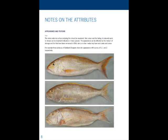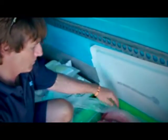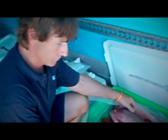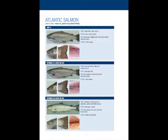QI is a method of assessing fish freshness that works out how many ice days have been used up in the supply chain, and hence how many ice days are still left available with that product. So when our fish are landed, we have dedicated staff that will go through and work out the quality index score on the fish, and that then gives us insurance that when our fish is in the marketplace, that we